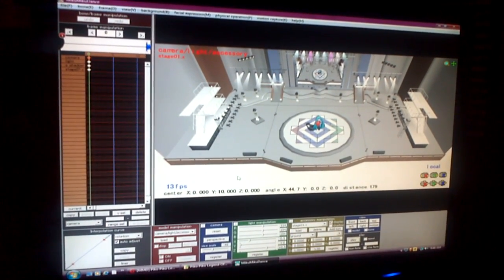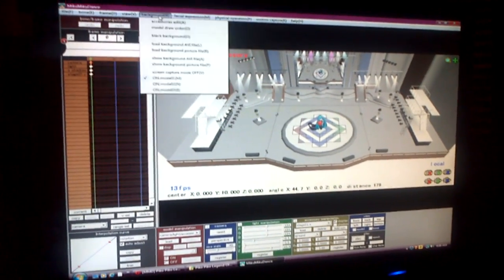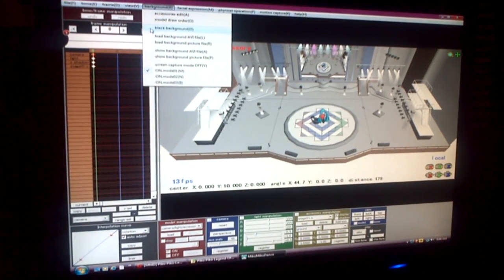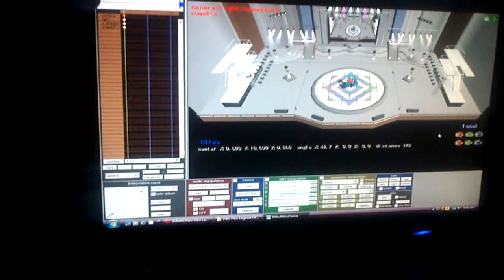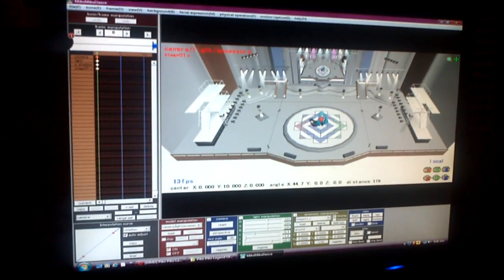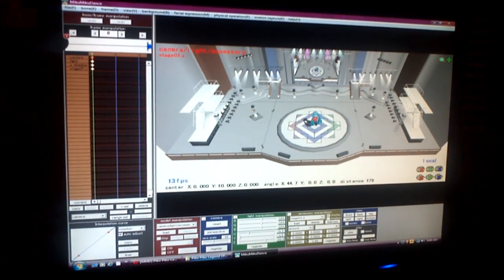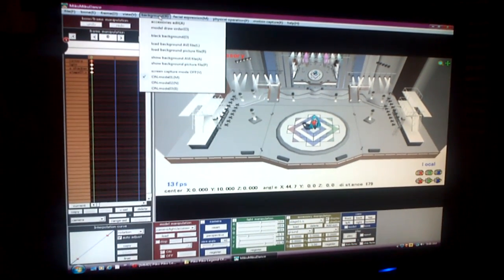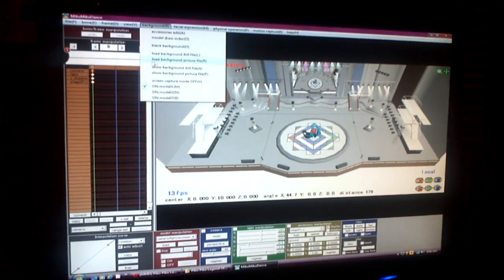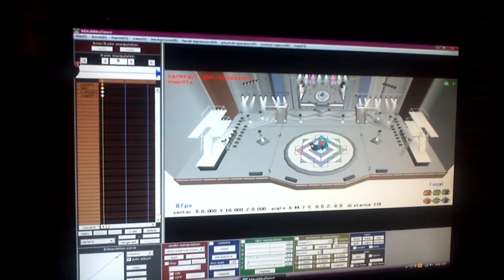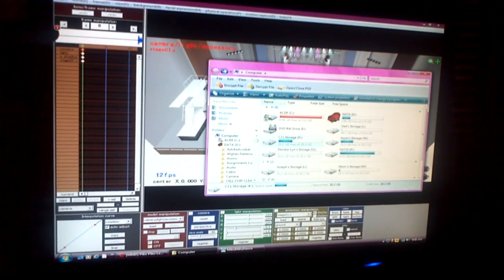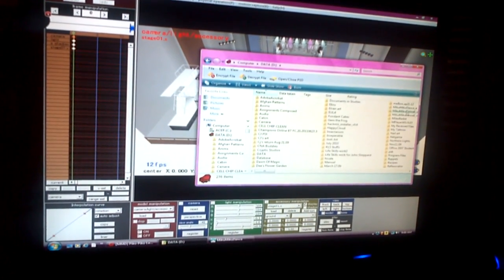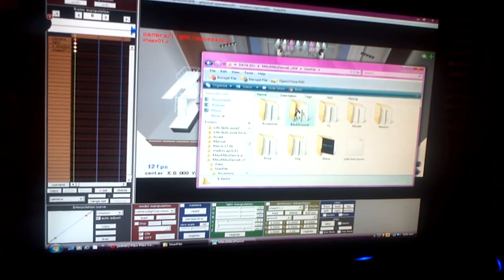Now, depending on what you want your background, you can just click up here to make it black, or even B on your keyboard. Or if you want a different background, you can go to here, but I don't bother with that. This is another thing I put in a separate file. Just go to wherever you have your background,